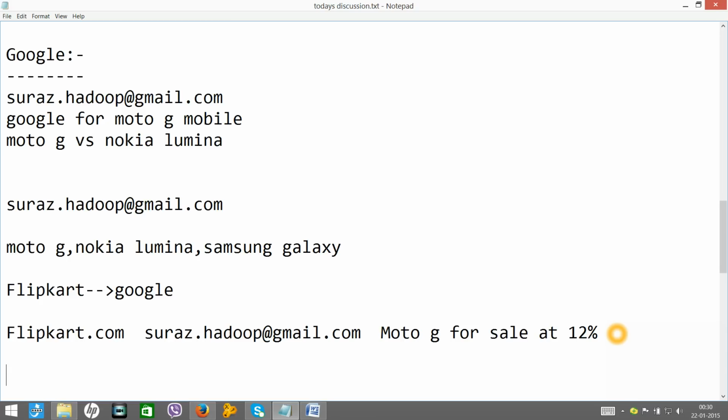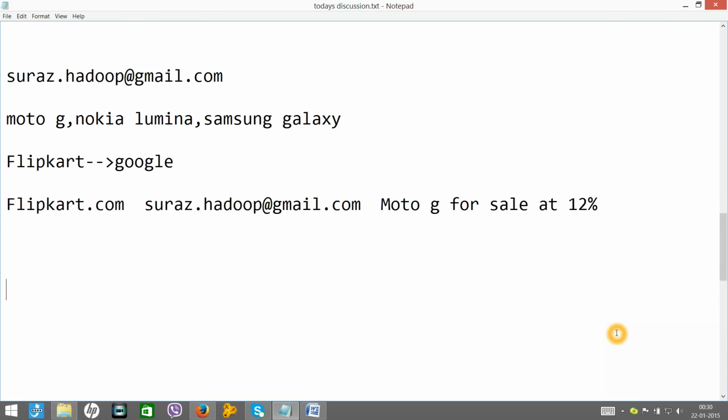Similarly, now let's take one more example on big data.